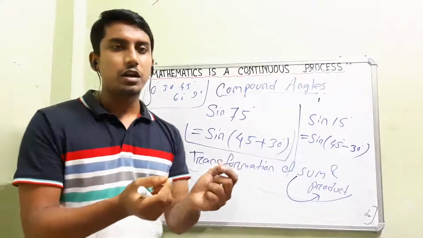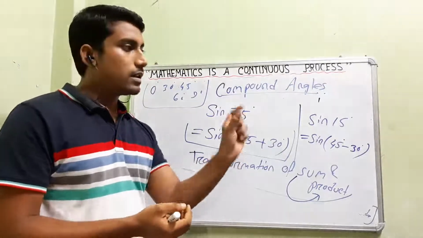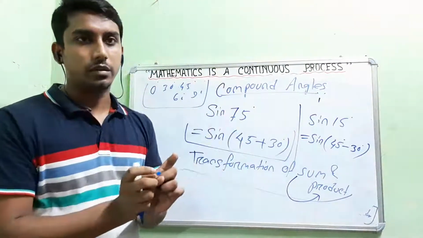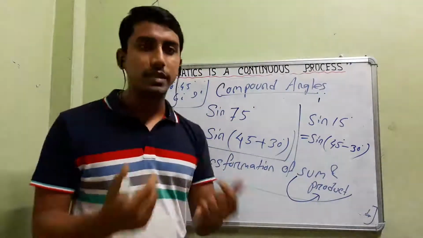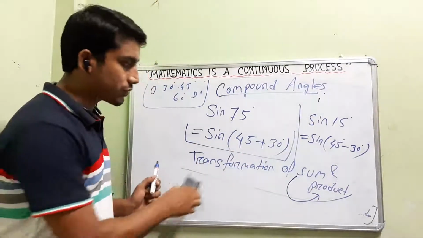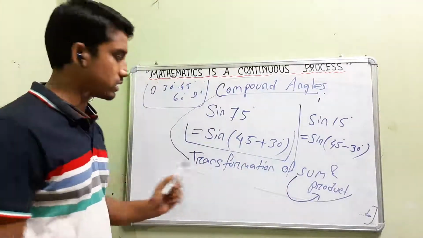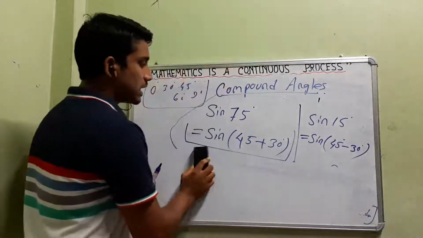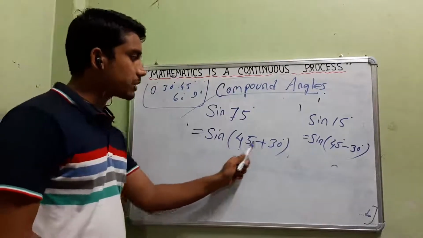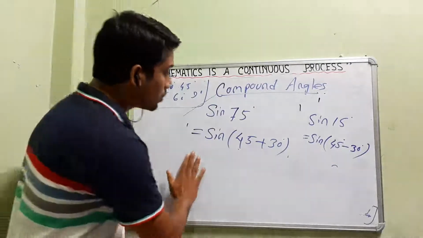There is a relation of trigonometric functions between the angles in addition or sum and product. You can call these some identities or formulas that we'll discuss here. So the topic name is either compound angle or transformation of sum and products. Let me tell you why. Because this much we already know, how to break this 75 degree with respect to some known angle. That much only we knew here. Now how to get the value,